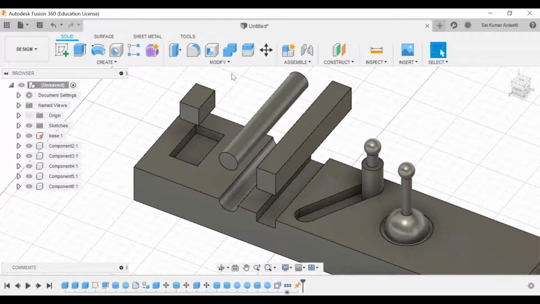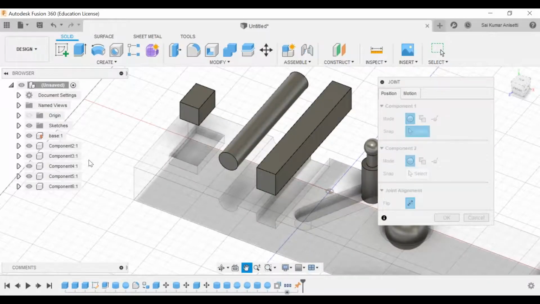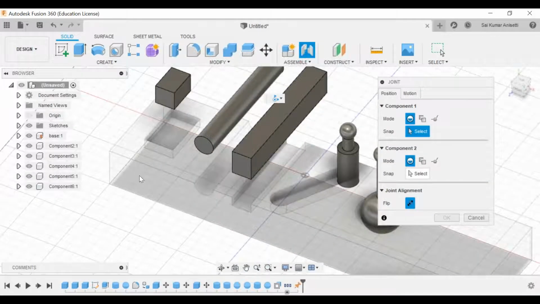Okay, let us jump into this topic, and let us see how these parts are going to assemble. Now I'll press Join, J. As soon as I press J, your base part becomes dummy. That means it becomes invisible, or else partially invisible. That represents that this is your base component. Always your component number one should be your first part.